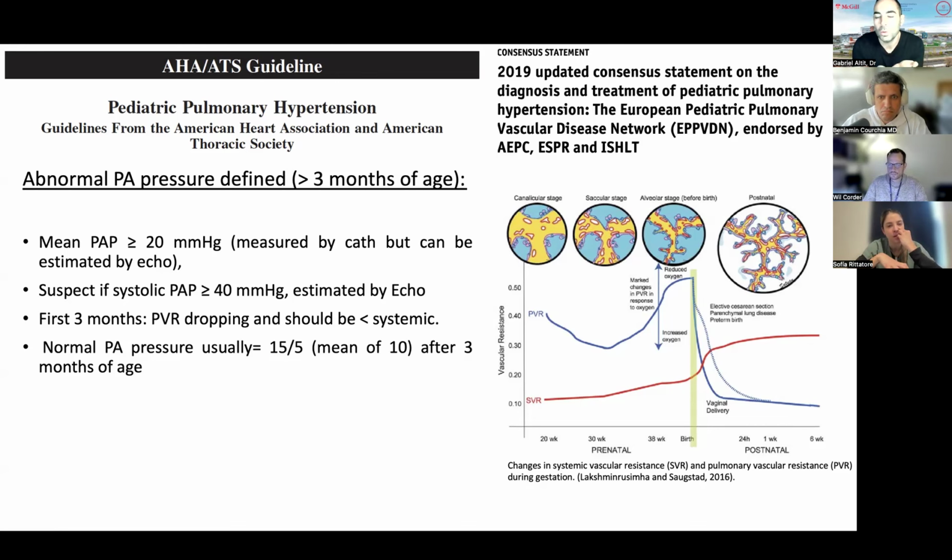So of course, a kid who has E. coli sepsis, where SVR is extremely low and the patient is extremely hypotensive because of that, and you have a complete right to left PDA, well, yeah, your PVR may be higher than your SVR, but it doesn't mean your PVR is abnormally high. It just means your SVR is abnormally low. So it's important to keep these ratios in mind when you're addressing what you think to be pulmonary hypertension,